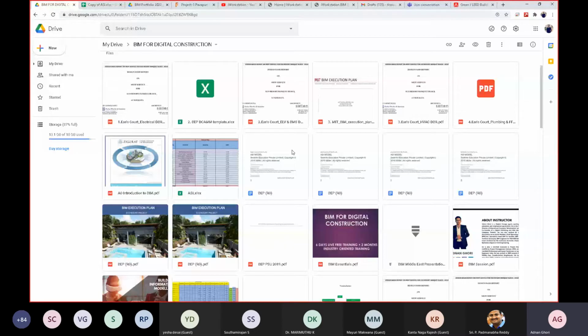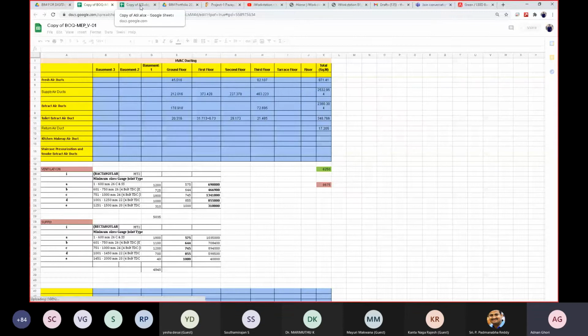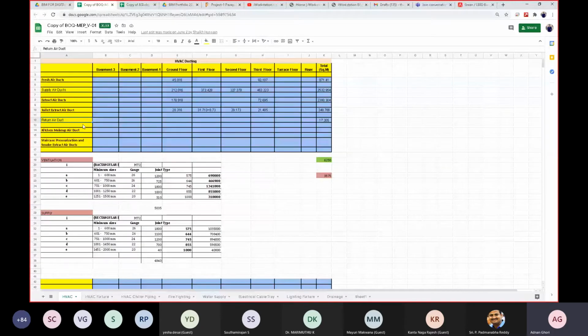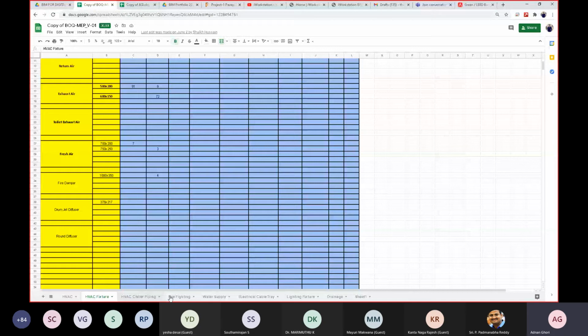Then in a similar fashion, you have a quantity for MEP also. The one I just showed you was for ASI. Now this is for MEP. For MEP, you have supply ducts, return ducts, kitchen. You have the chiller plant as well, some HVAC fixtures, HVAC chiller piping on different floors and levels.